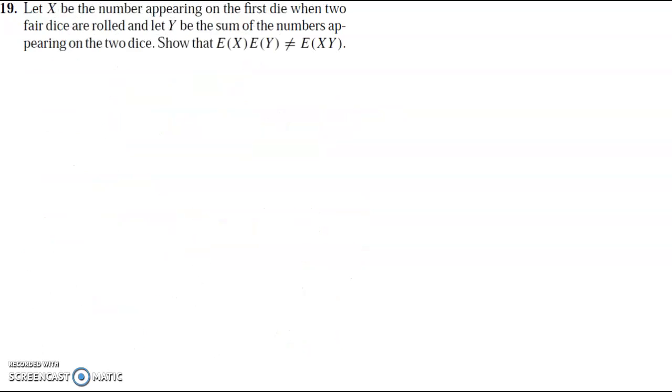Alright, and this is the last question. Let x be the number appearing on the first die when 2 fair dice are rolled, and let y be the sum of the numbers appearing on those 2 dice. Show that they're not independent. Okay, so